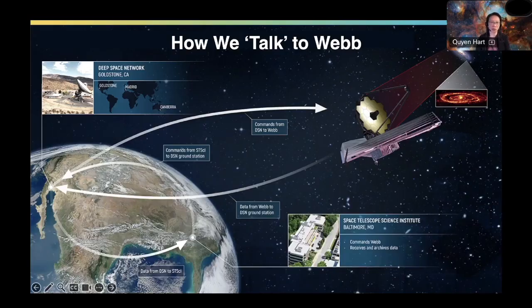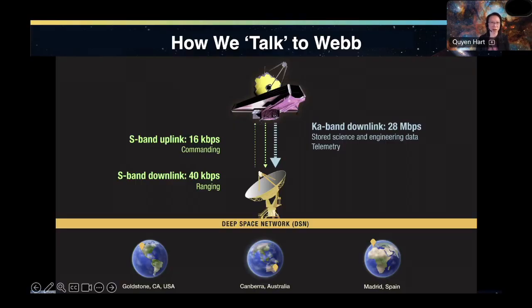How long does it take for information to get from the Earth up to JWST? You might have an engineering group, and they really want to know, well, what's the upload and download rates, and what deep space network are we using? And so there's a graphic to talk about the upload speed, the download speed, the deep space network. There's 3 of them around the world, so that we have a beeline site to Webb here. And so you can use this to really expand on your audience depending on who's in your audience. Like, I wouldn't put this in an elementary school because they don't even know what